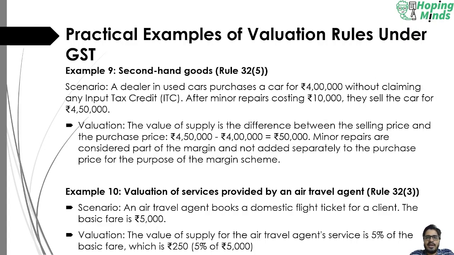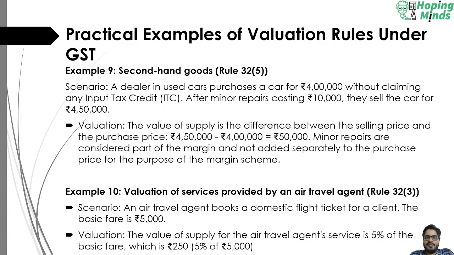Next we have second-hand goods. A dealer in used cars purchases a car for rupees 4 lakh without claiming any input tax credit. After minor repairs costing rupees 10,000, they sell the car for rupees 4 lakh 50,000. So in this case, the valuation will be done on the basis of the difference between the selling price and the purchase price, that is rupees 4 lakh 50,000 less rupees 4 lakh, that comes to rupees 50,000. Minor repairs are considered part of the margin and not added separately to the purchase price for the purpose of